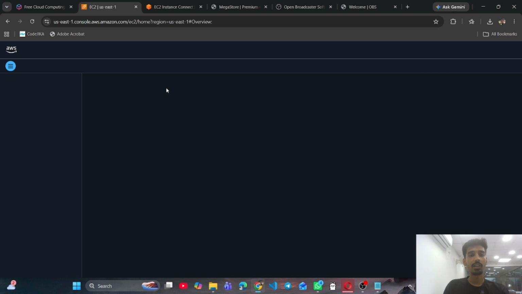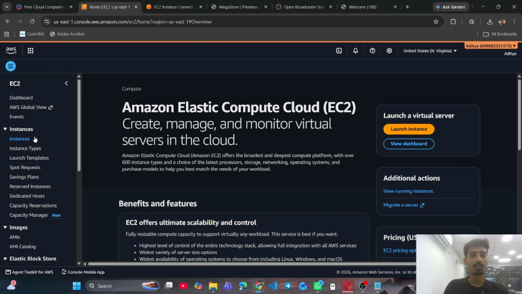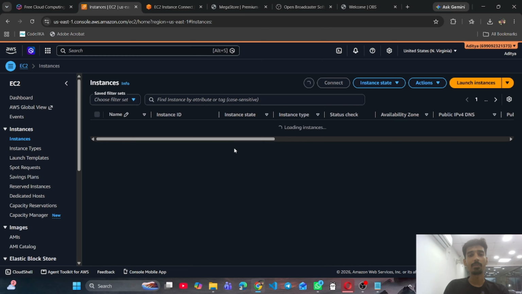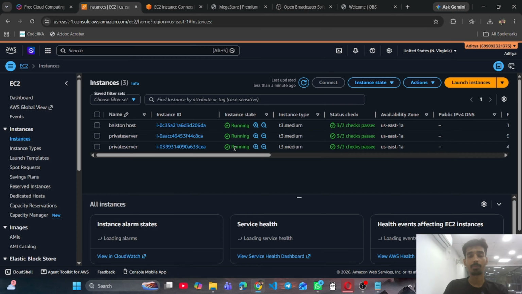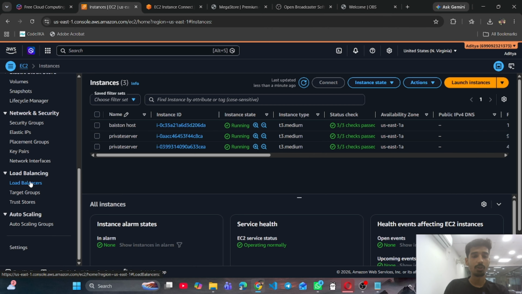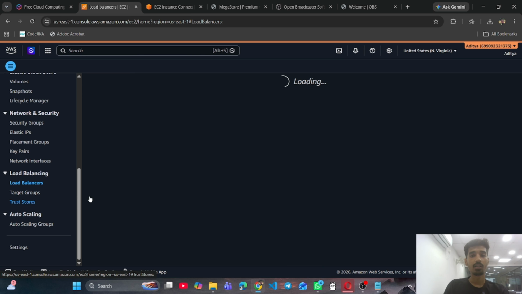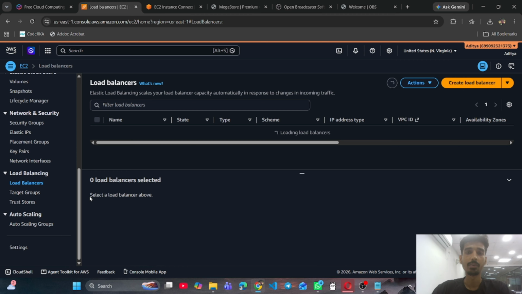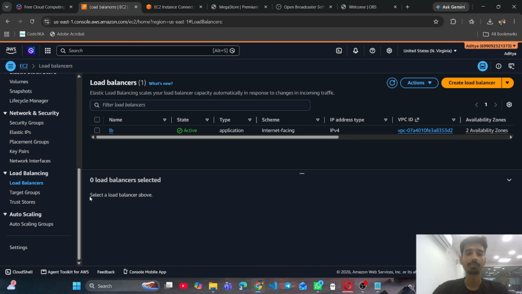Now I have created EC2 instances, which are your virtual machines. From the public subnet, I have created one instance, which is named Bastion host. And in the private subnets, I have created 2 private servers. And I have created the load balancer, which is attached to the private servers.